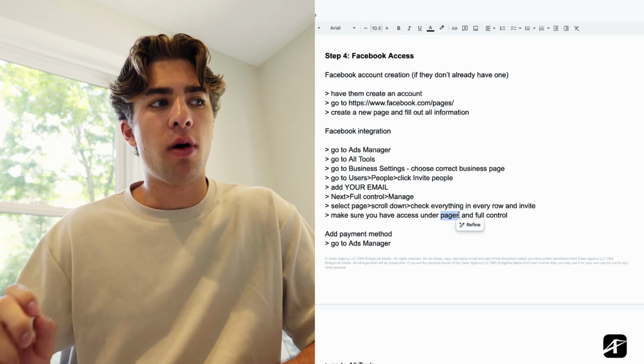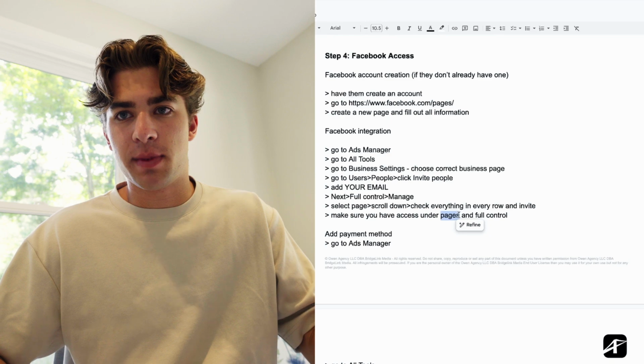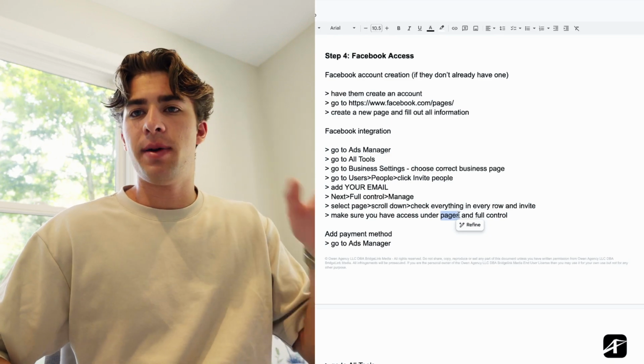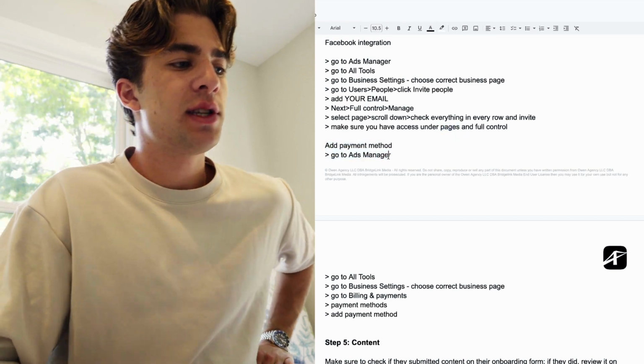And you just click that, you open it up, and then you basically log in, and then you have access to their page and their business manager. So you can go to the ads manager, you can add payment methods, you can do everything you need to do. Now, the next step, while you're still on their screen share, is to go ahead and add a payment